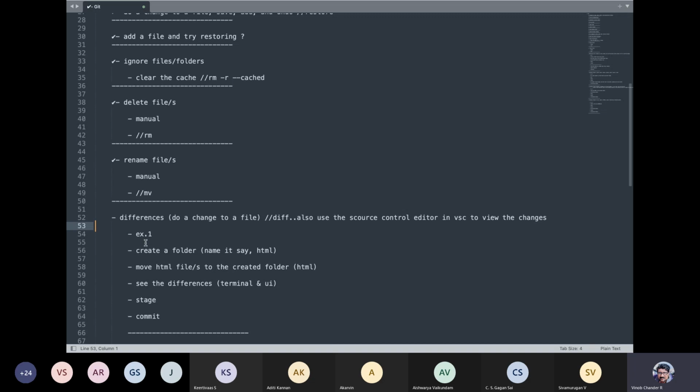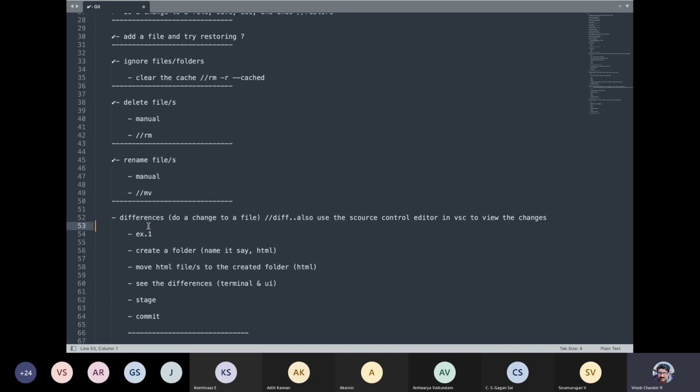So try this particular task by yourself if you are following along, and probably tell me if you have done it right. Differences, as I've already said, helps you view the difference between your original file and the changed file, so what exactly you have changed. If you want to see that, you can make use of git diff.